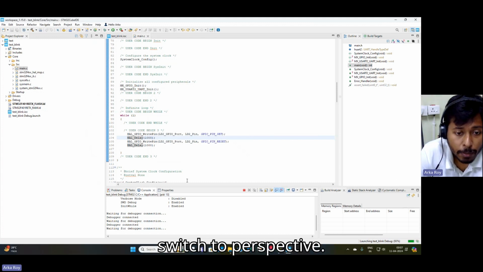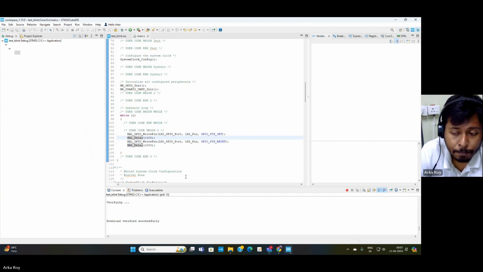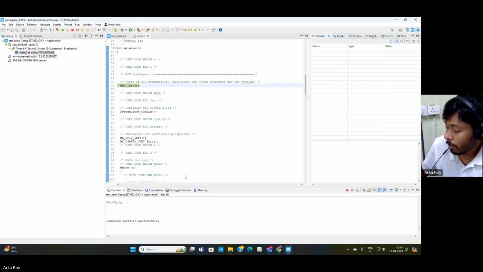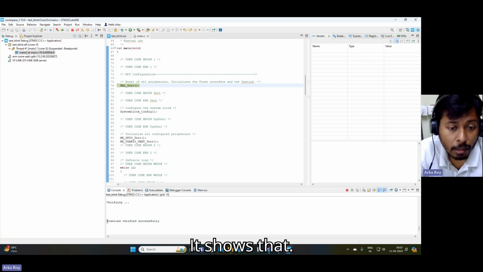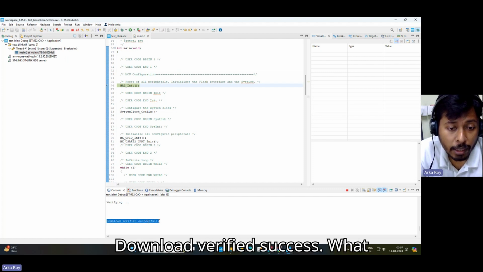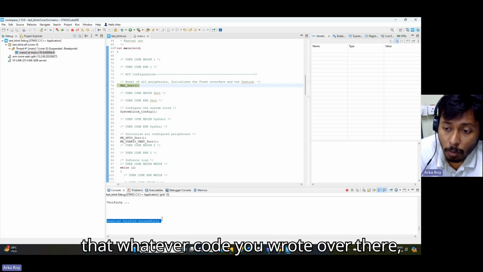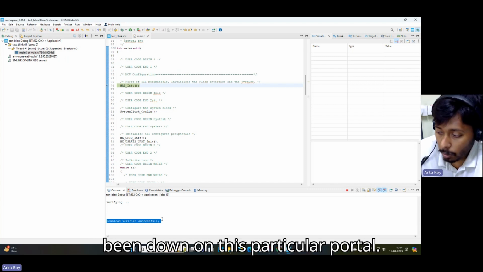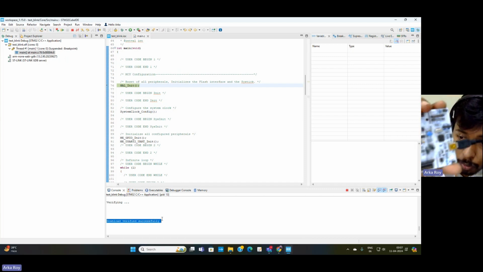So we'll switch to perspective. Now you can see that it shows download verified successful. What does this mean? This means that whatever code you wrote over there is now being dumped on this particular board. So here, if I just show you,